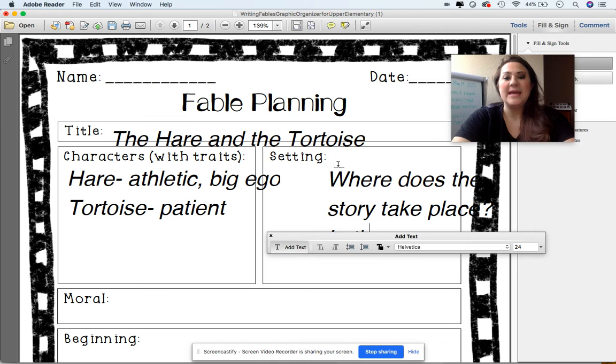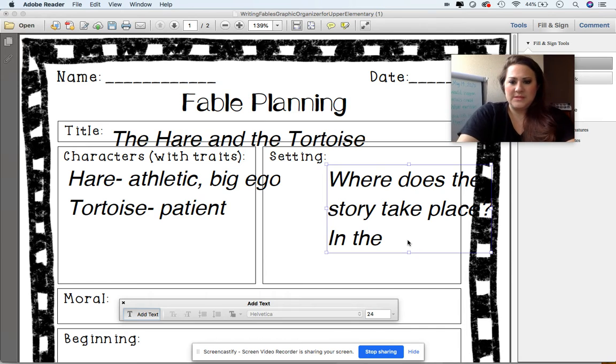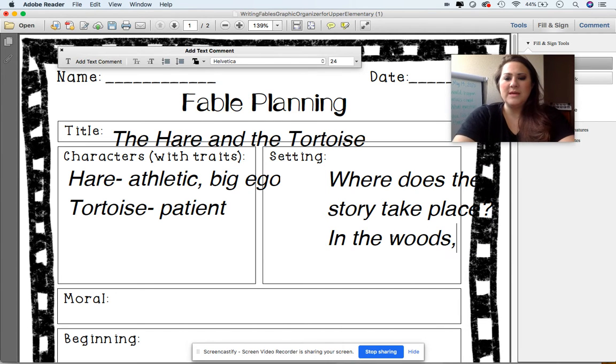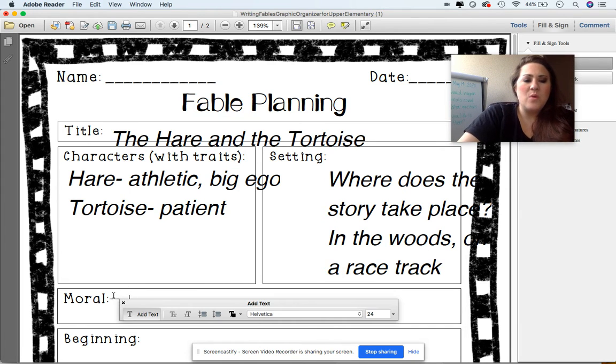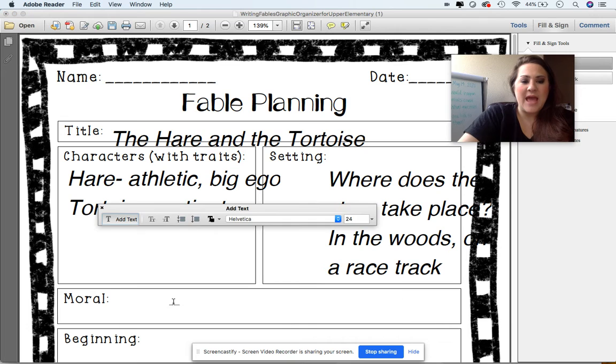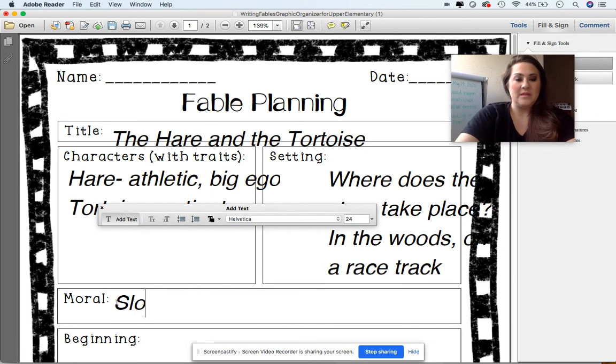So I might say, let me move this text thing. Okay, in the woods on a race track. The moral of the story, which they actually gave us, was slow and steady